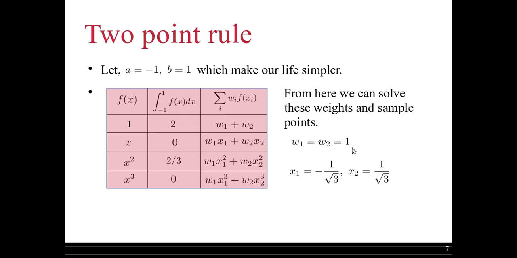that w1 is equal to w2 is equal to 1, and x1 is equal to minus 1 by root 3, and x2 is equal to 1 by root 3. But you can see that here x1 and x2 are non-linear. So if you use more than 2 points, so if you use 3-point rule, or 4-point rule, then it will be difficult to solve them. It's really difficult. Okay, so what we can do, we will see, but before I go to the general case,